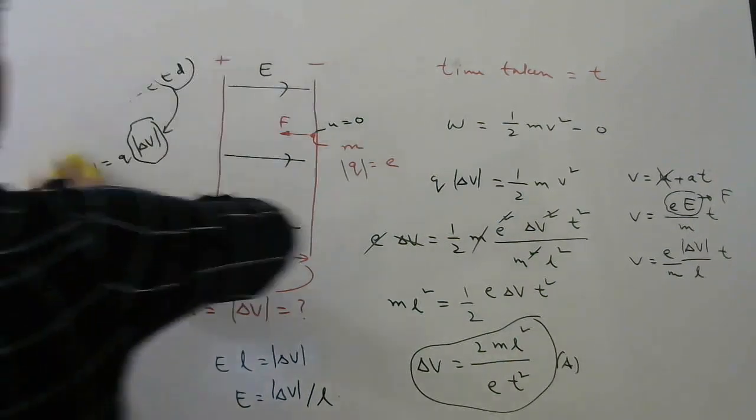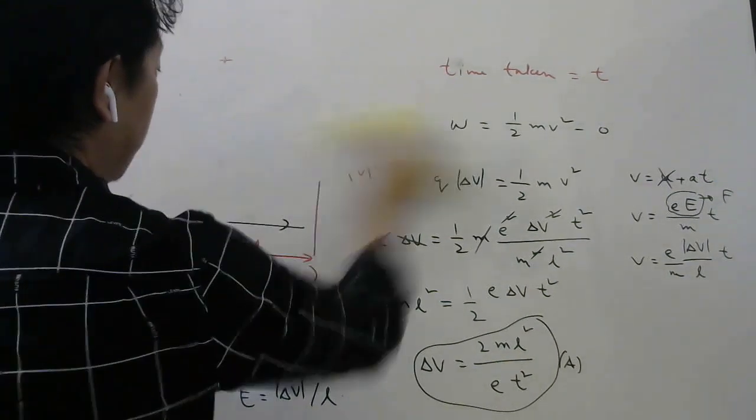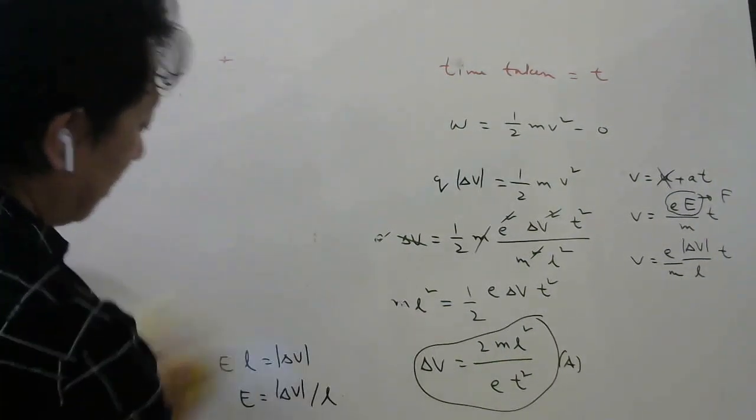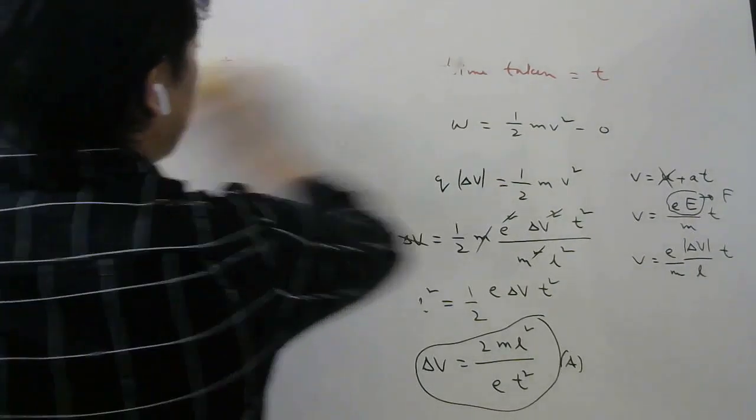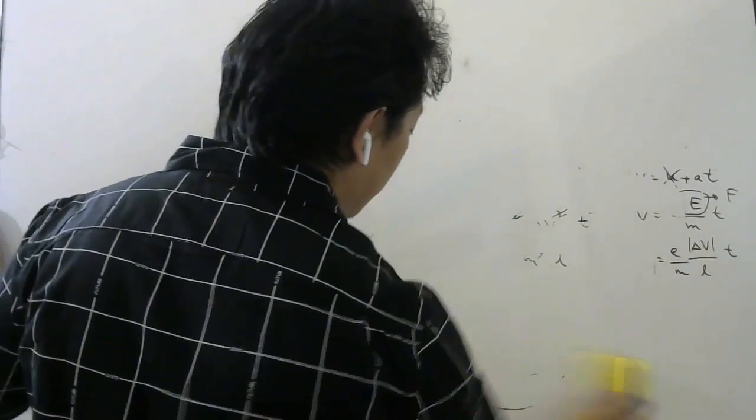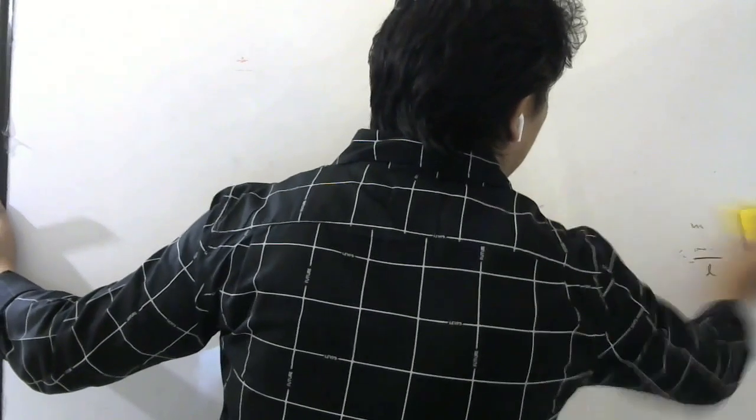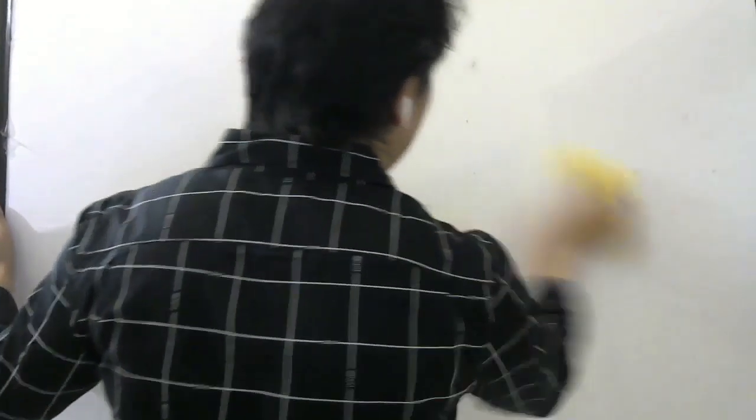So like this, please remember, if the electric field is uniform, then the potential difference between the two plates can be written as E into D. Please remember, E into D. What is D? The distance between the two plates. And whatever work is done by the electric field will increase the kinetic energy. Let us see question number 31.